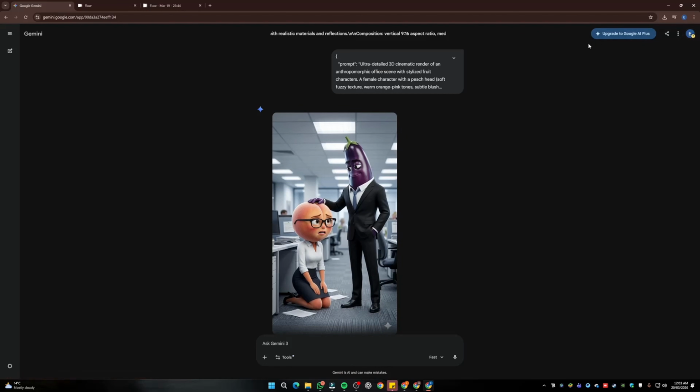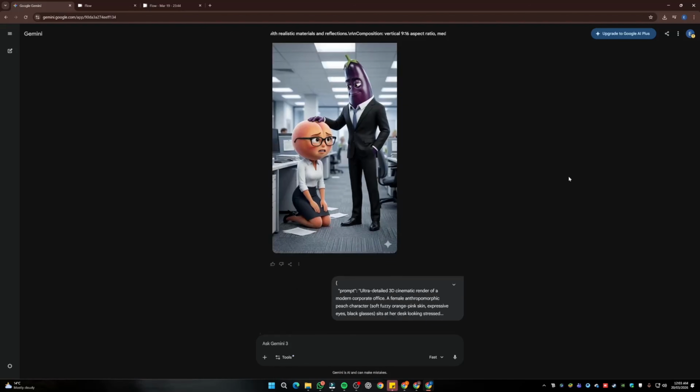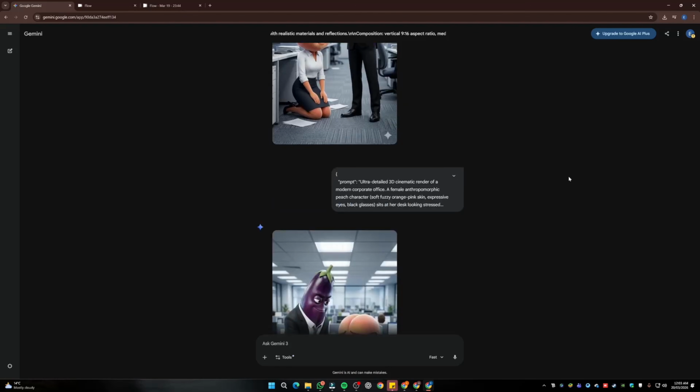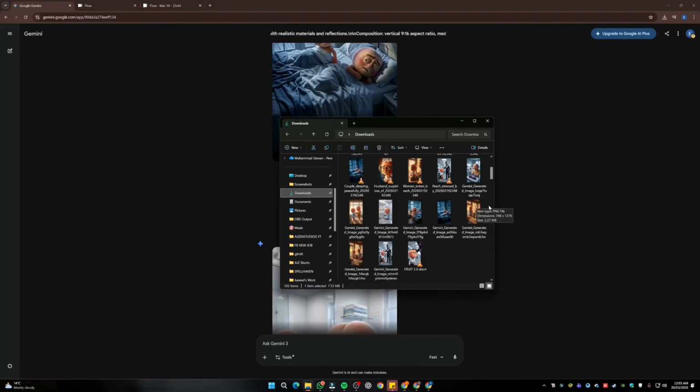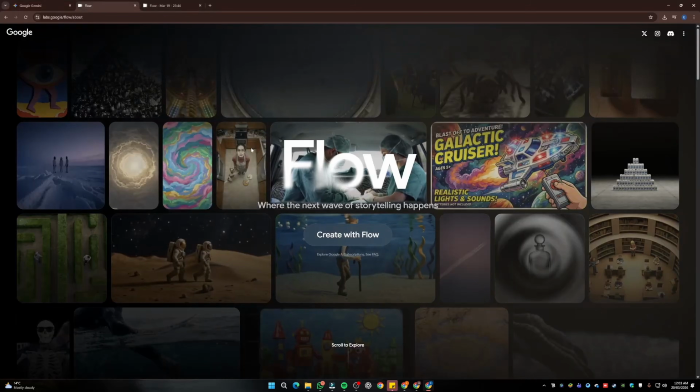I am using the free version of Google Gemini right now. And you guys can literally go ahead and create these kinds of images as well as videos for absolutely free. Okay, so I'm going to go ahead and download all of these images one by one. Once all of my images are downloaded, the next thing is we're going to jump